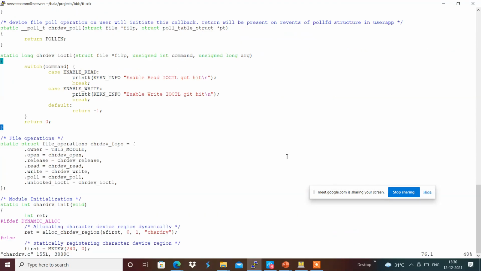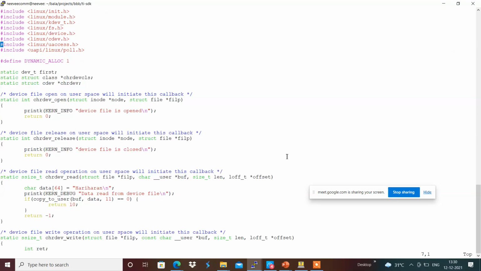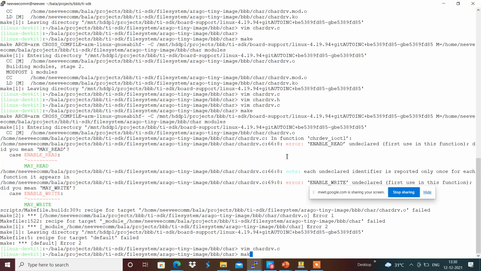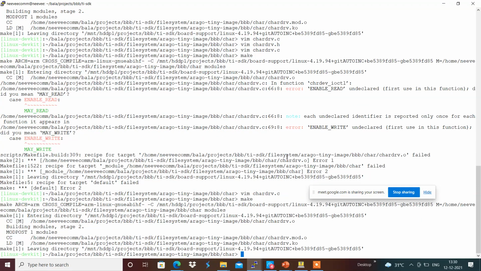Now I am going to compile. The driver kernel module got built, and I'm going to compile the application. It has been provided with a warning.